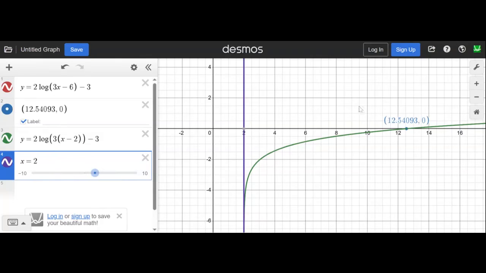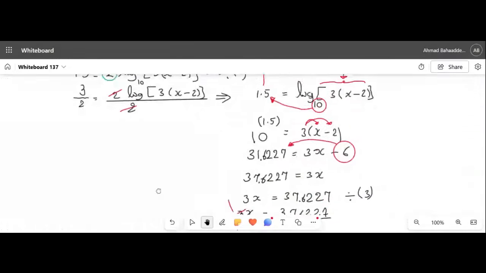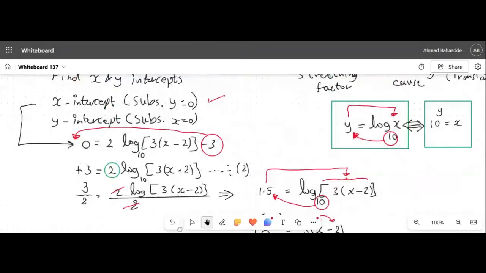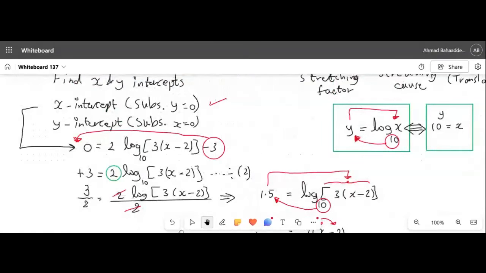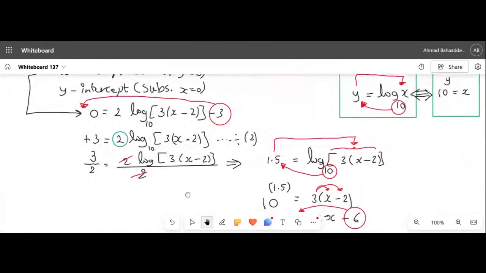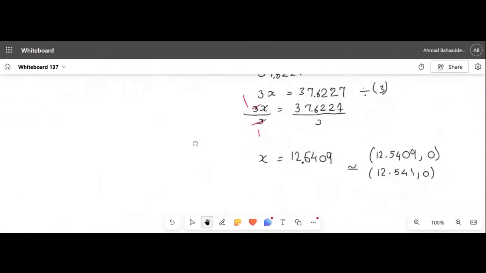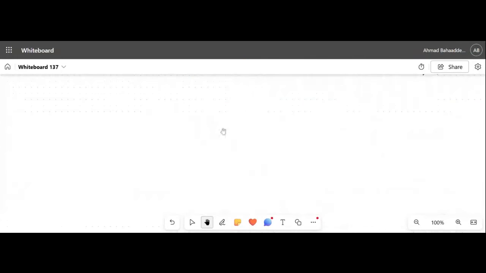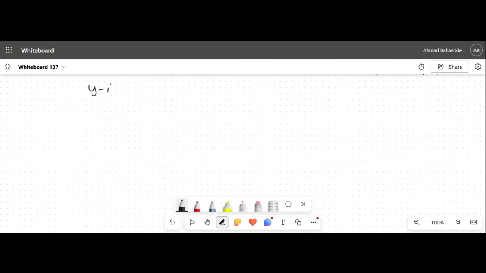So if I go back, guys, stop sharing this maybe, and go back to my Microsoft Whiteboard, I will share that with you guys. So now we are going to do the other part, which is, as we said here, that for the y-intercept, we substitute x equals 0. So let's do that, see what's happening. And this is going to be a logic thing. So for the y-intercept, I'm going to write down here,